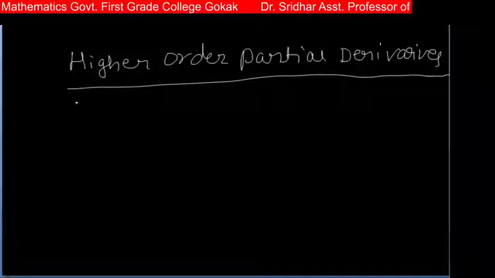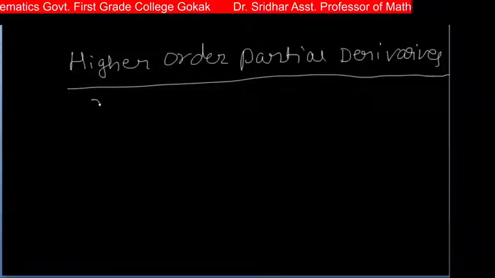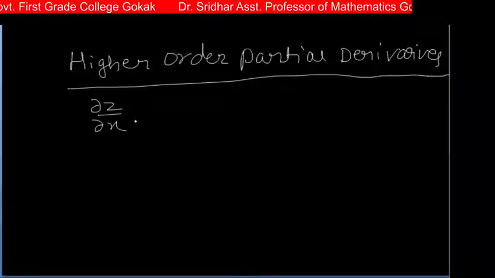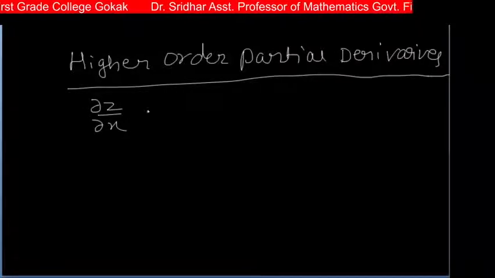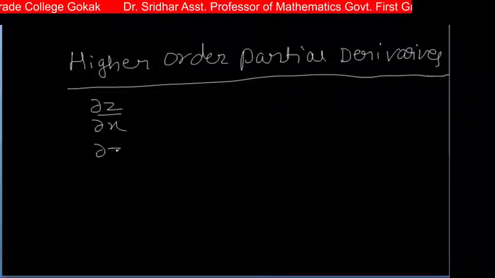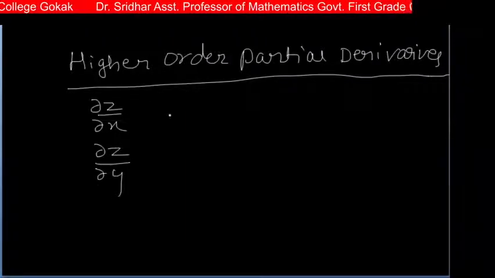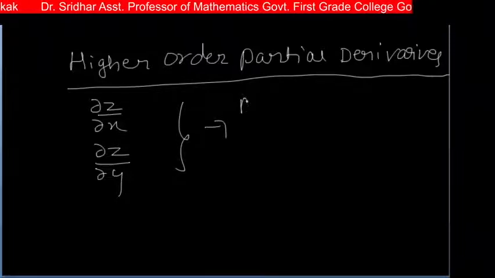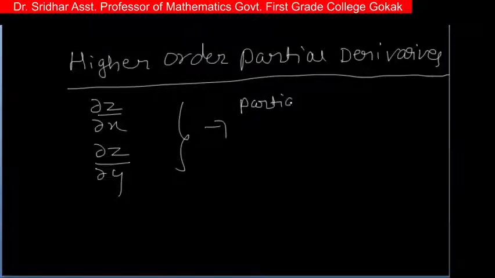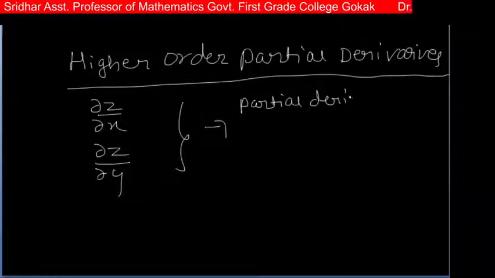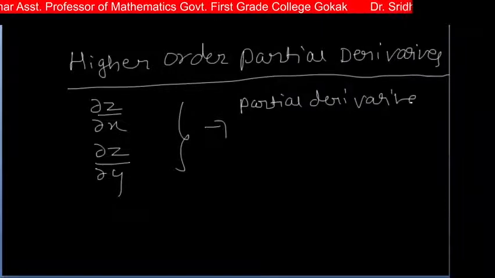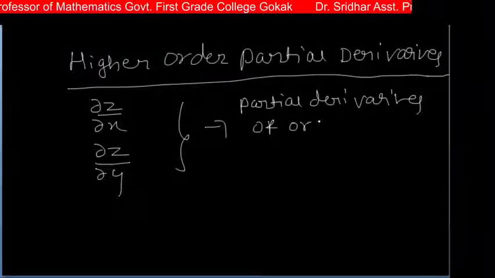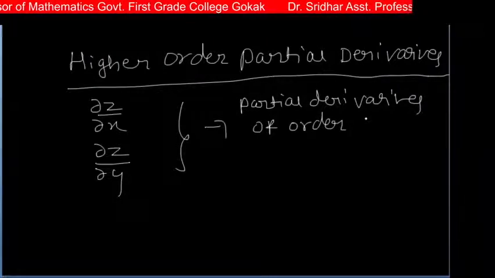Okay, so we know that dou z by dou x or dou z by dou y. These are called partial derivatives of order 1,